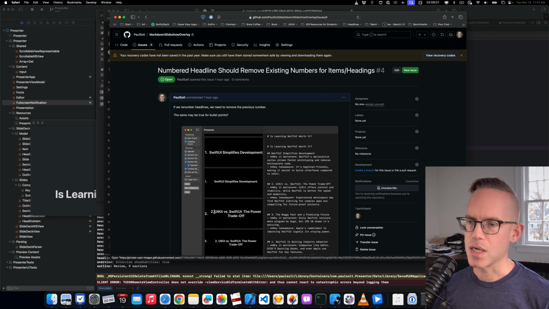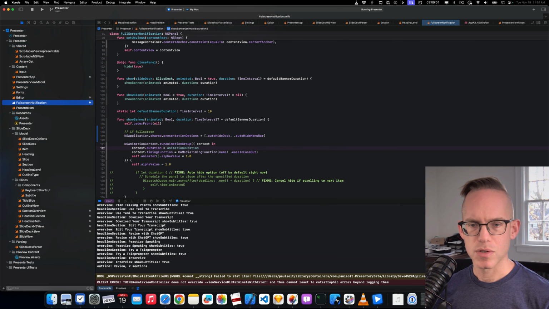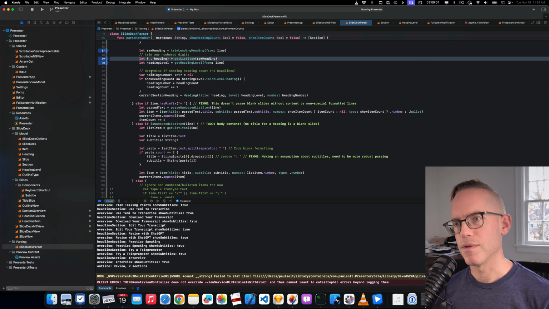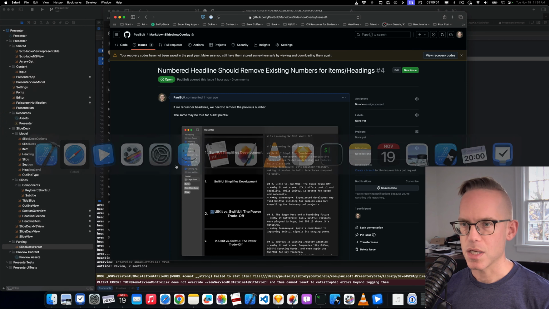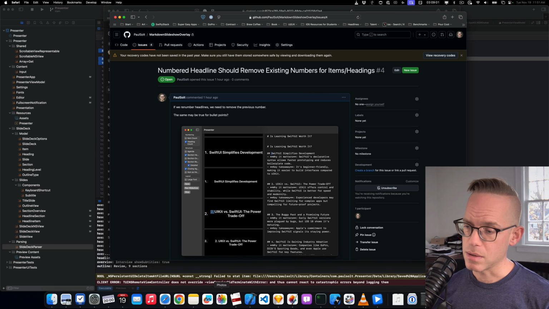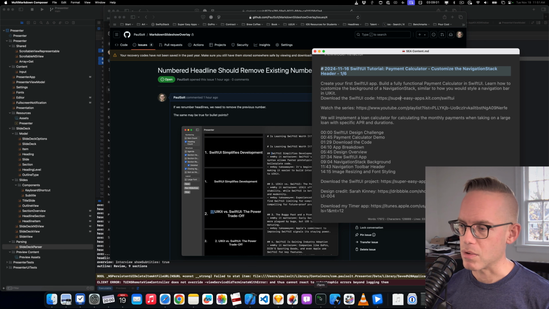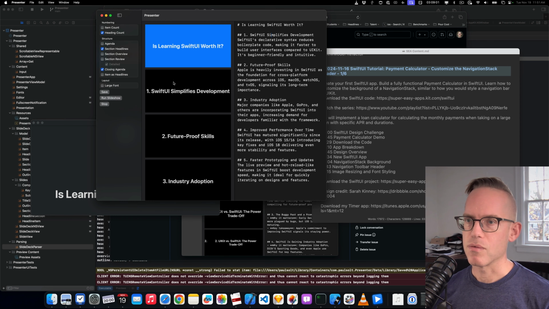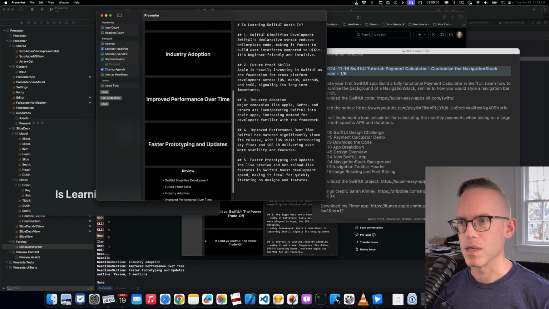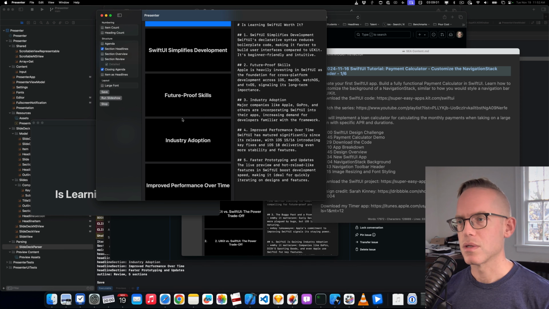And so what I had to do is strip out this number from my headline in my parser. So in my parser, I now strip out the numbers if they exist, on top of that, just because ChatGPT was giving me a numbered list. And it's convenient to have those numbers, but I want to renumber the slide because those numbers might be incorrect. So I kind of want the heading count. So if I save this, I can put in heading counts. If I really want those,